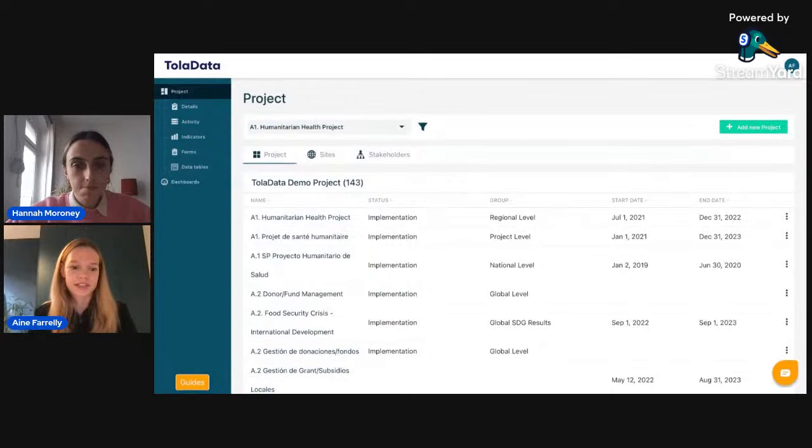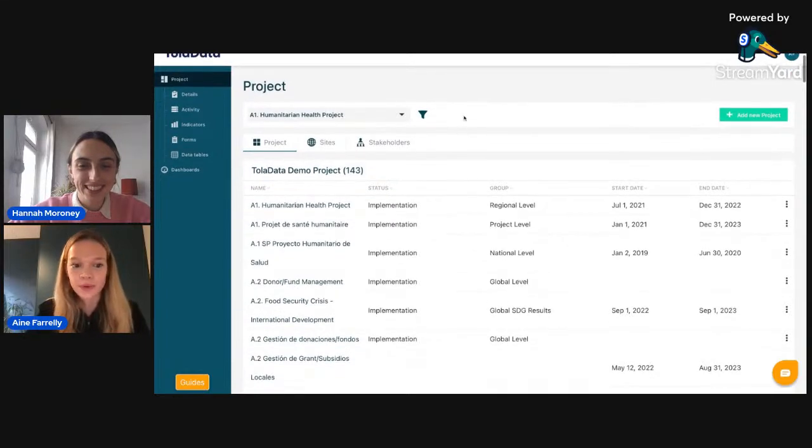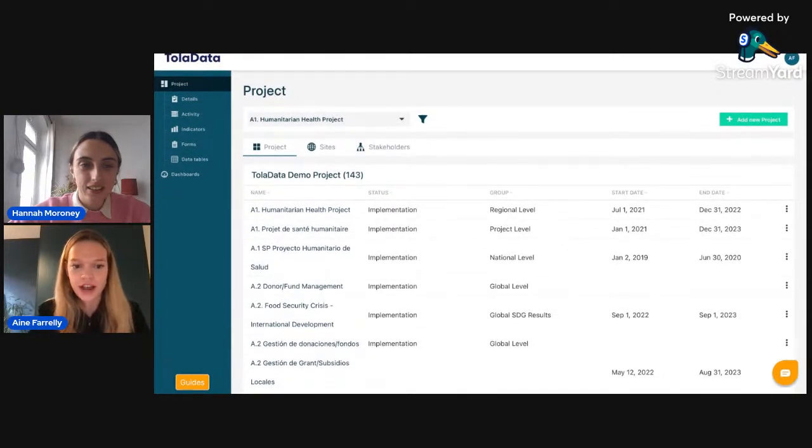So thanks a million for that. This portion of the demo, I hope this is why you're all here and this is what you're most looking forward to. I'm not sure though. So for this portion, we'll really be looking at that management and tracking, and then the visualization and reporting through the dashboards. So the project that we'll be looking at today is a humanitarian aid project.